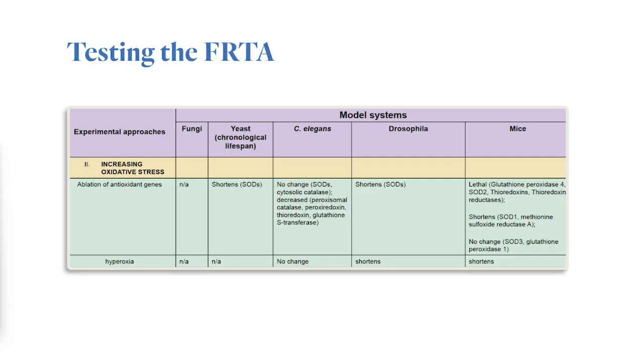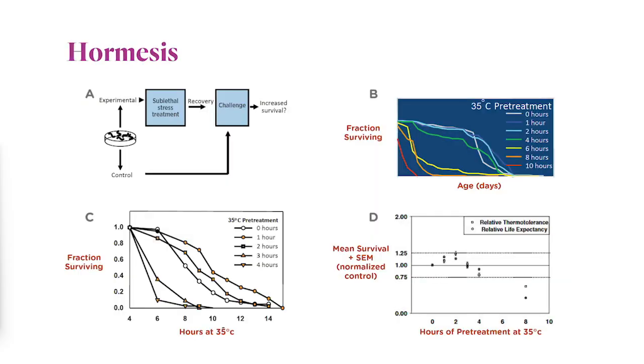One such modification stems from the observation that ROS can be deliberately produced by cells to act as signaling molecules, small molecules that act in cell-cell communication and elicit changes in gene transcription and cell function. One such modification of the FRTA is called hormesis. Hormesis is the idea that small amounts of stress are actually beneficial to an organism by inducing a much more robust defense response. Thus, at low concentrations,